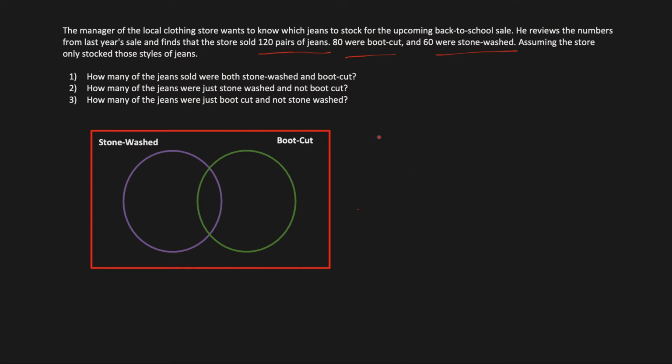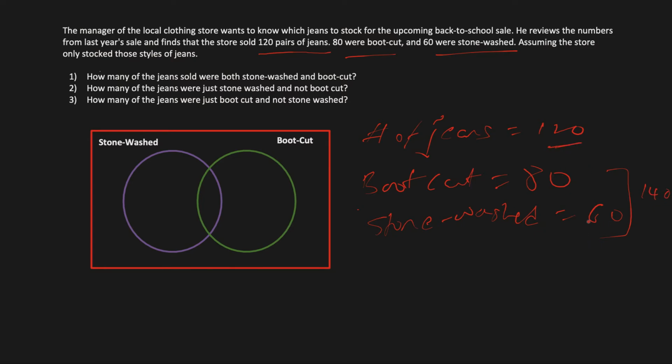So before we do that, let's look at what kind of information we have. So number of jeans is 120, bootcut is 80, stonewashed is 60, and again if you look at this, it's 140, which is more than the total number of jeans. So that means we have